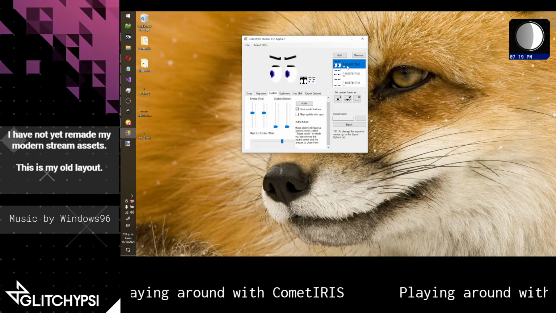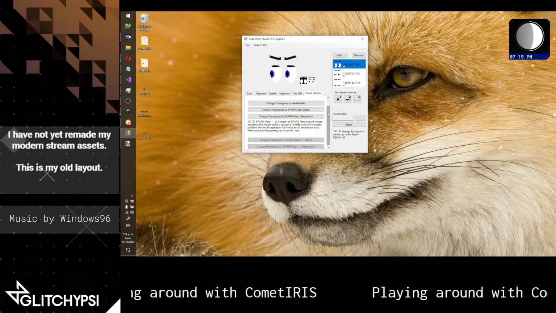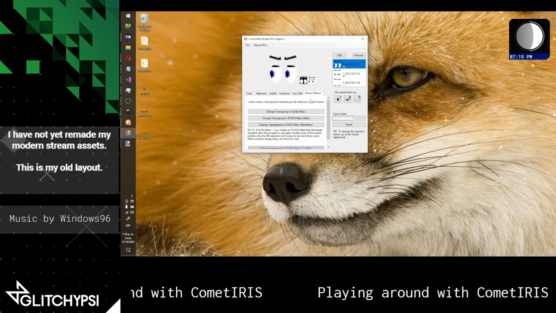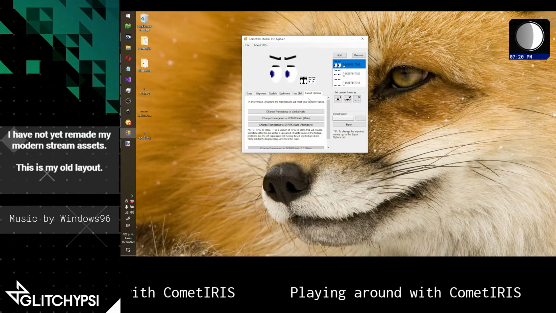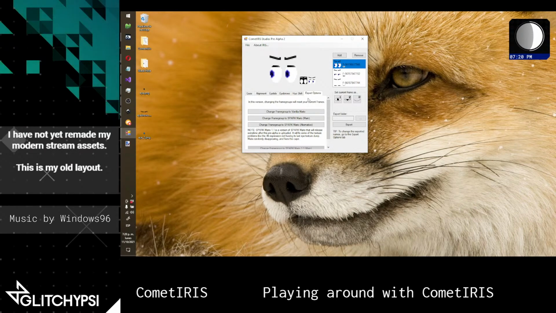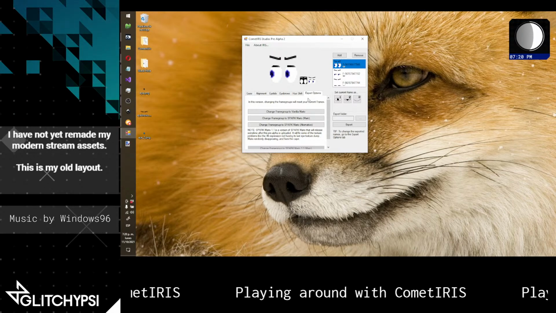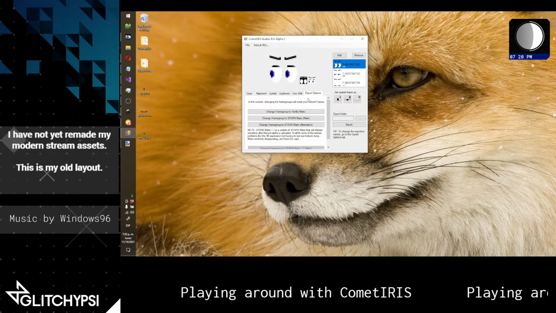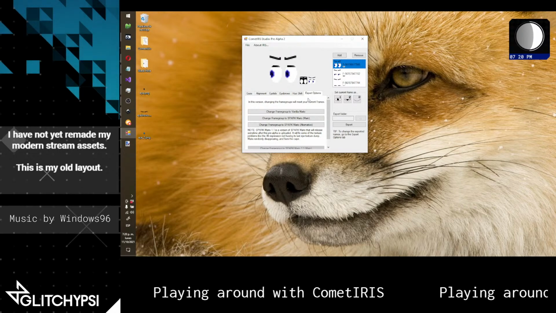So what we can do now is go to export options, and here we can select which kind of eyes to export, because different models have different eyes. So right now, where was I going? Okay, so